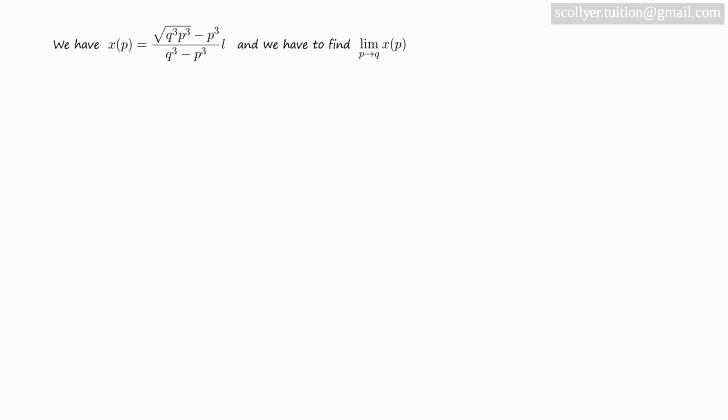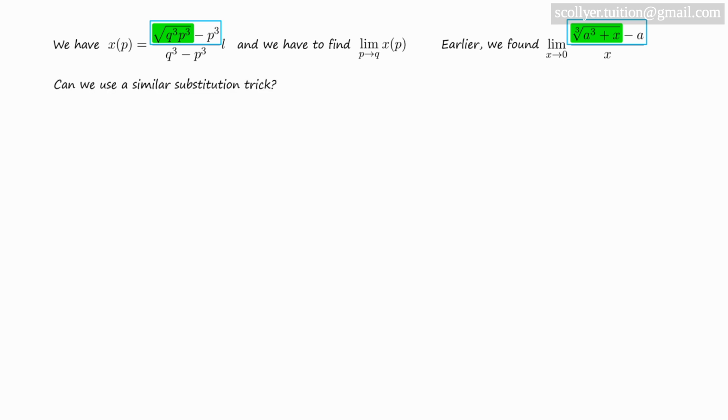So we have the function x of p, and we have to find the limit as p tends to q of x of p. And earlier we found this limit. And we can note the similarity between the numerators of these expressions. So given the similarities, can we use a similar substitution trick for the limit on the left as on the right? If so, it's clear that we want to replace the square root of q cubed p cubed with a single variable, i.e. we want u equals the square root of q cubed p cubed,